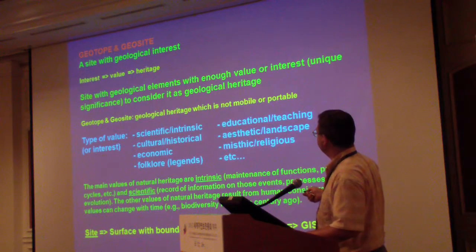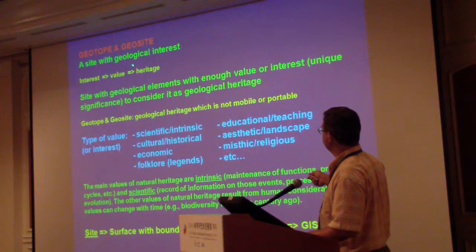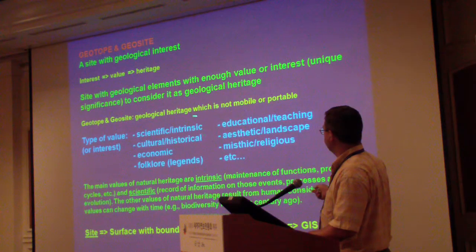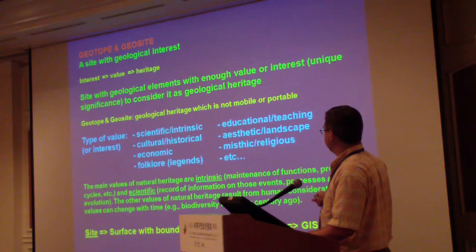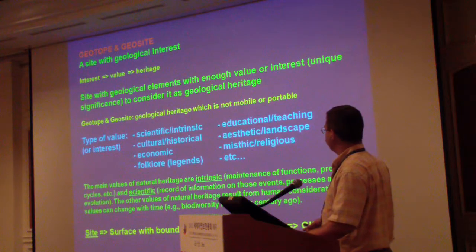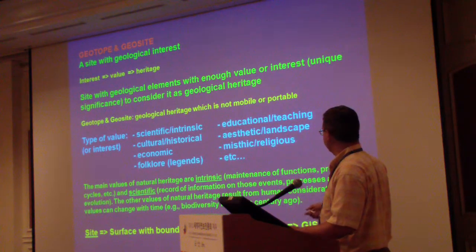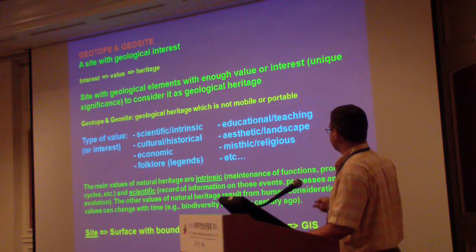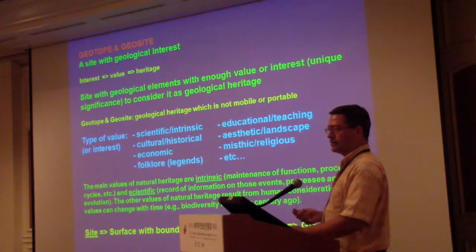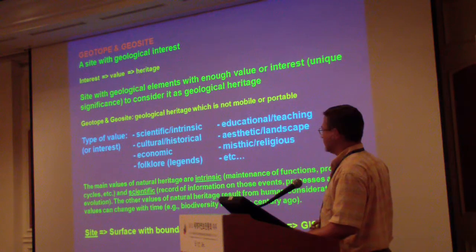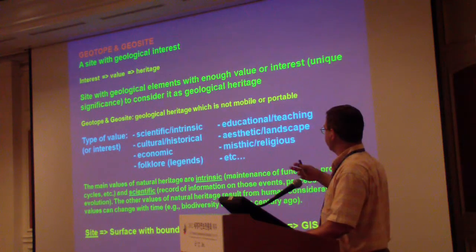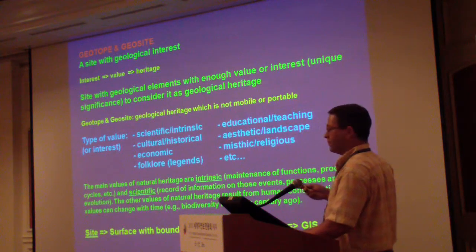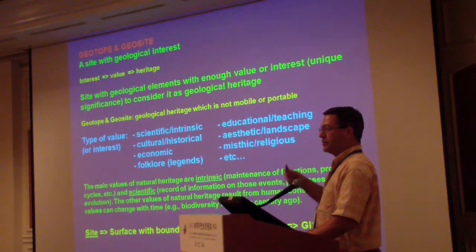Okay, the different values that will make it a heritage are normally, the main one is the scientific, the intrinsic value. Intrinsic refers to the properties that make it maintain the functions and processes and cycles, the natural cycles. Scientific refers to the information that we can obtain from these elements that is good for our planning, for our development of resources, or for our management of them, or maybe for understanding how climates have evolved in the